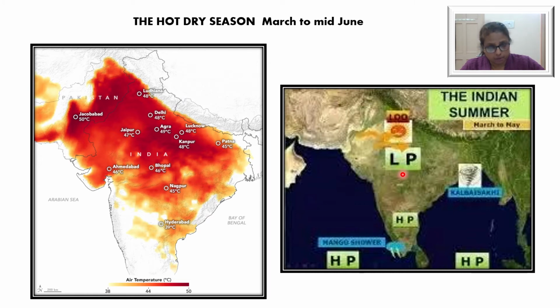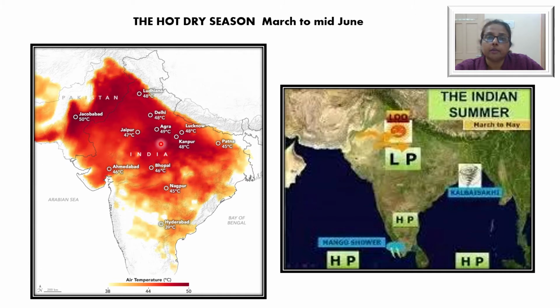The average summer temperature during this time is about 27 degree to 30 degree in the coastal areas, while the northwestern part can experience a very high temperature to the tune of nearly 45 to 48 degree centigrade. A very hot and dry local wind, Lu, begins to blow in the Gangetic plain, which is very, very harmful to the health. And during this time, the water table goes down, the wells go dry, and the land becomes very thirsty.